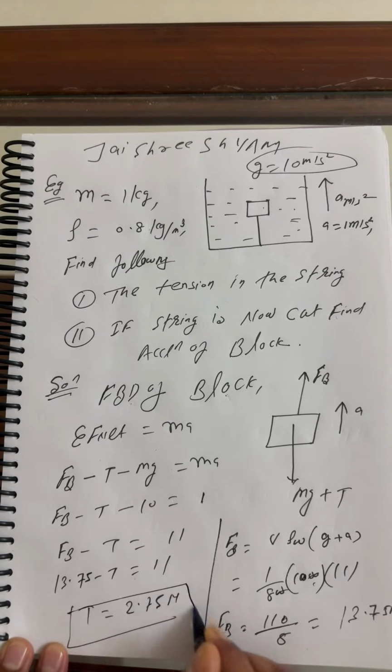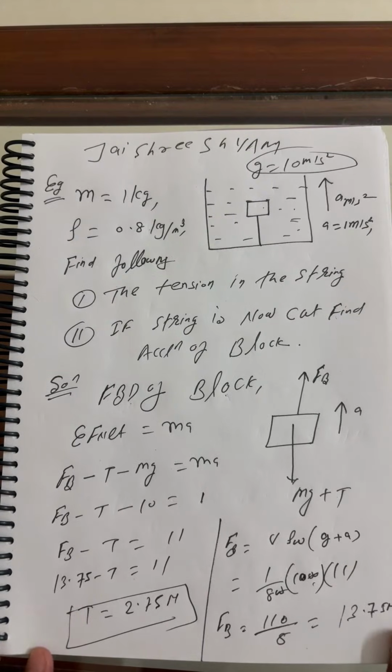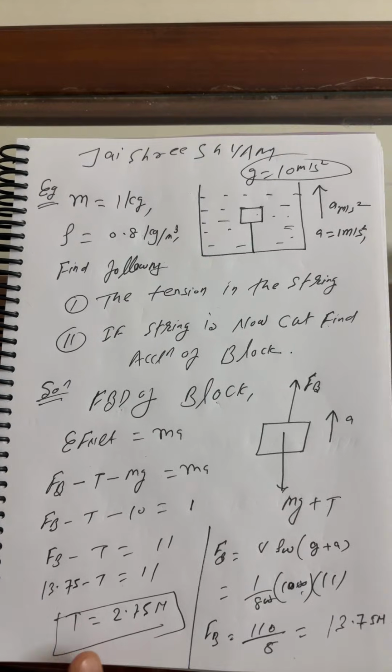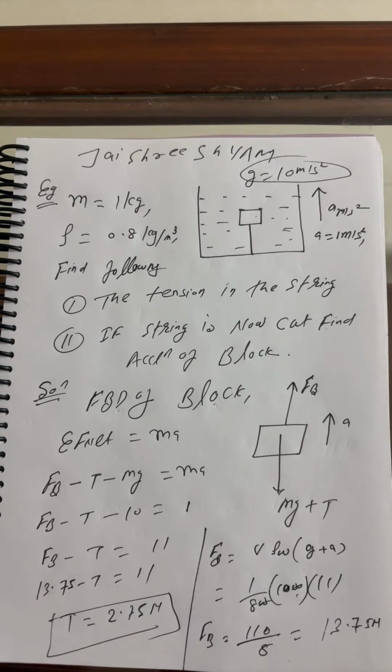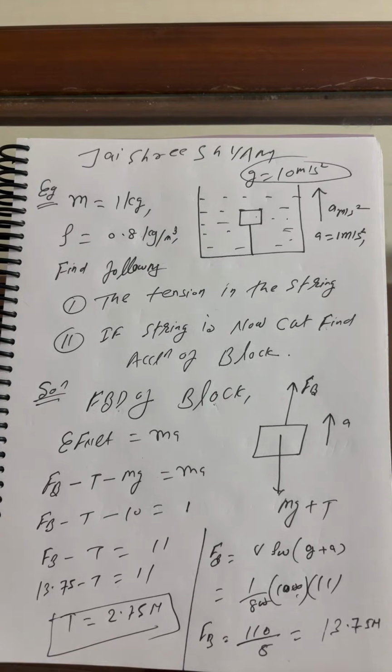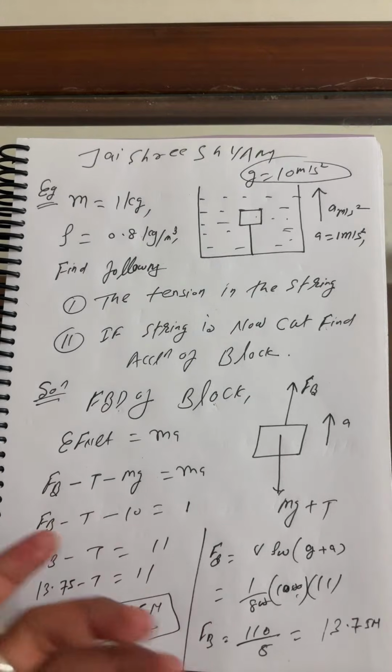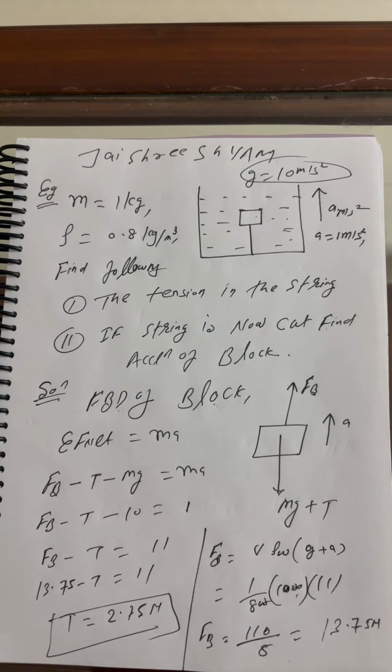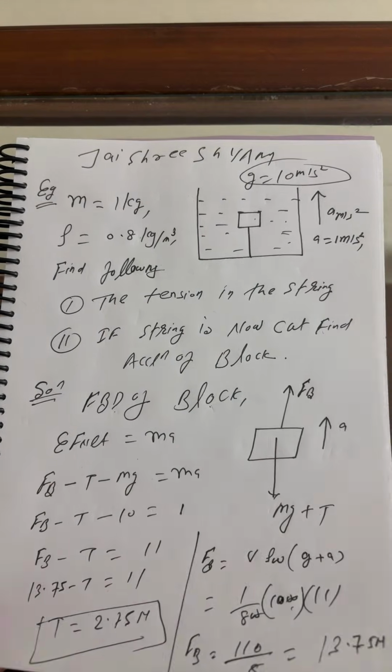Tension is 2.75 Newton. I'm watching stream in Nokia. Okay, fine. How many have the same answer here for tension, 2.75? Anyone from all of you? Arab, Raju, Sure, Aditya Krishna, anyone? I got tension 2.75 Newton. Okay, Arab, same answer. Very good. Clapping. Very good, God bless you. Very good.